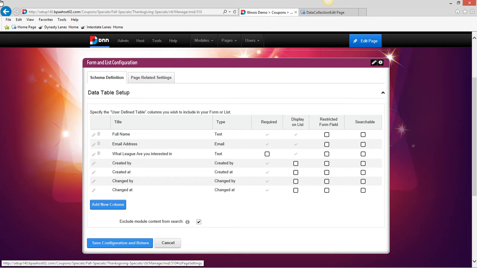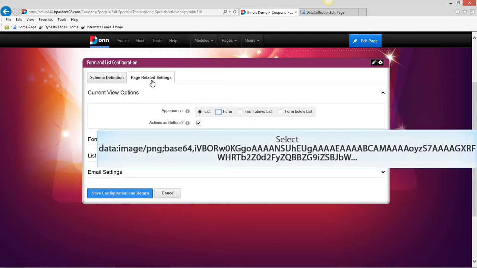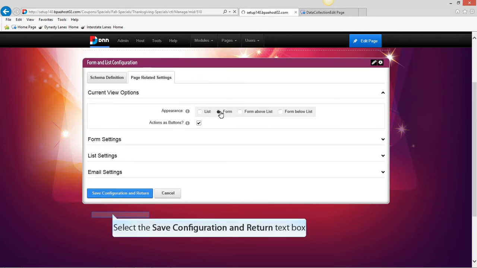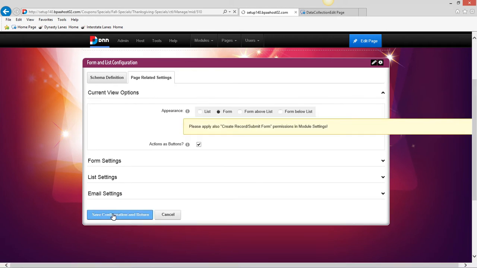Now, to display this on your page, you need to go to the page related settings up here at the top. And it's going to show you the appearance type. And right now it's under list. What you're wanting to put this on so that the customers can actually see the fields is the form. Okay, so once you hit the form, now it's going to ask you to create records, submit form permissions in the module. Okay, so to do that, you'll hit the Save Configuration,